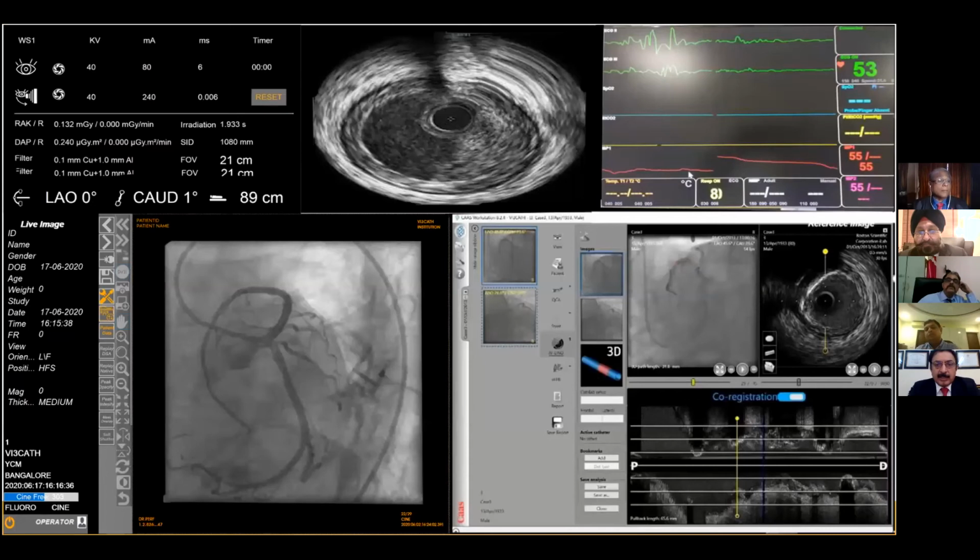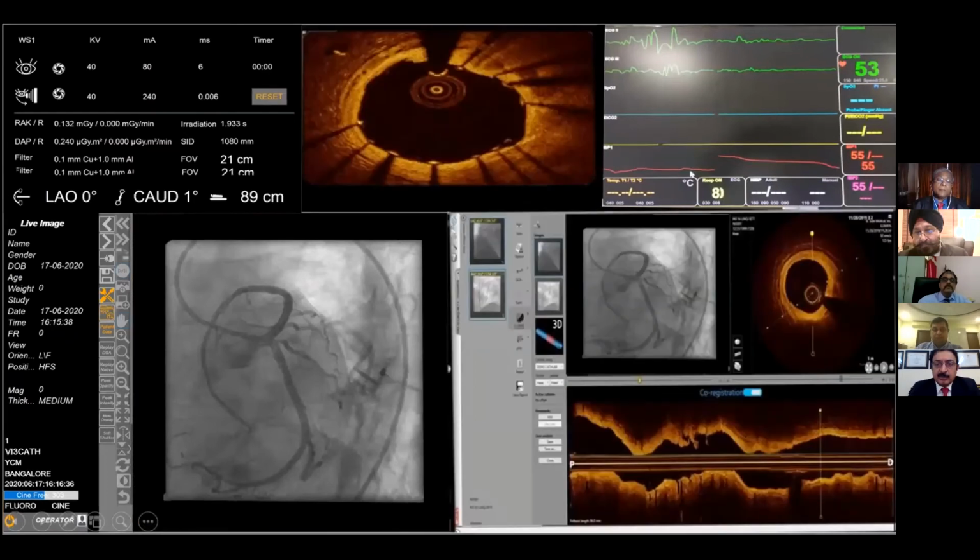And once you do this, this is a real case photo where you have all the machine parameters on the left side. You have an angiogram here. You have a cross-sectional view of the intravascular ultrasound image, your hemodynamics, and a horizontal view of the same. And this gives you an exact position because the data is actually fed and correlated.